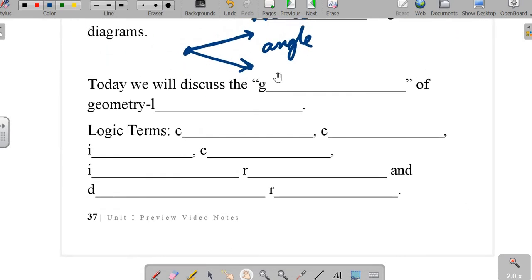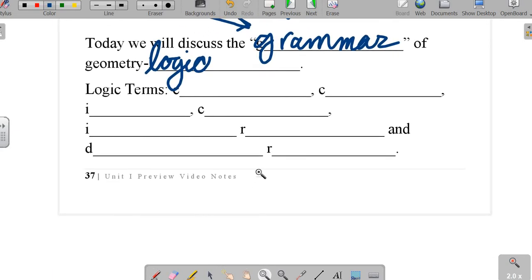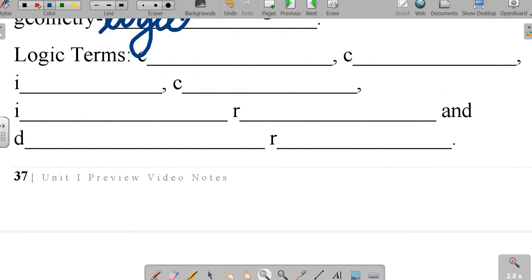Today, we are going to discuss the grammar of geometry, better known as geometry logic. There's going to be key words that we're going to go over today, over the next 20 minutes. These key words are